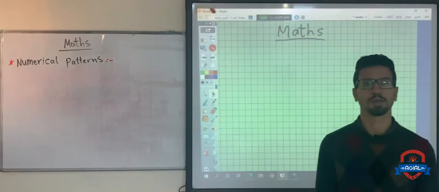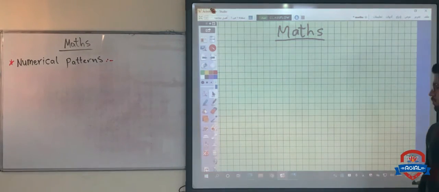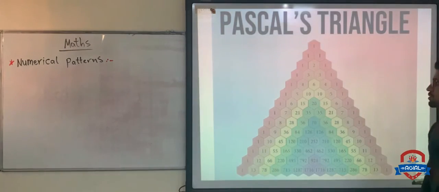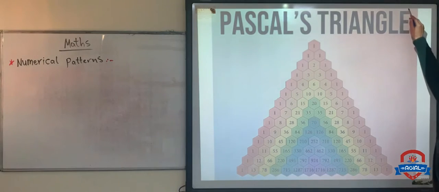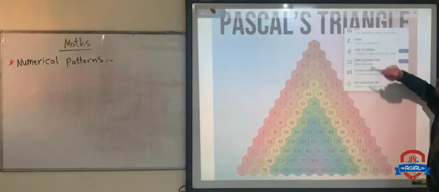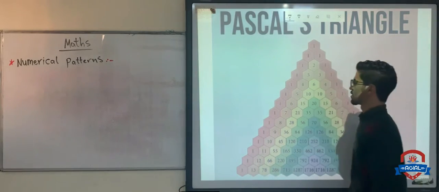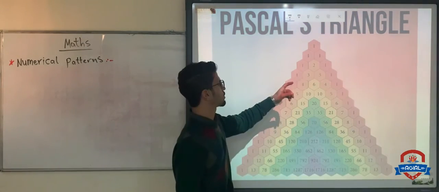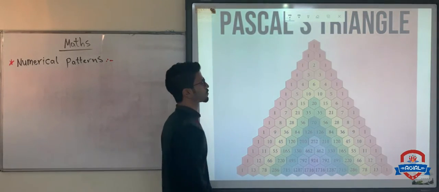Today we are going to study numerical patterns, and we have to start with one of the most beautiful mathematical patterns. It's called Pascal's triangle. And in this triangle, we have some things we have to note. The first thing we have to note is that each number in this triangle equals the sum of two numbers